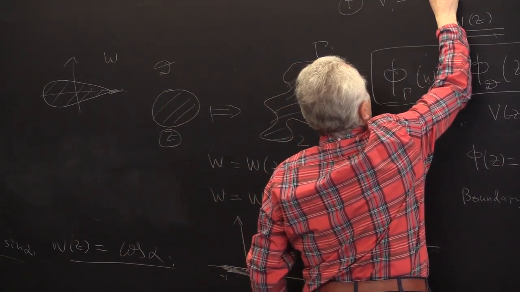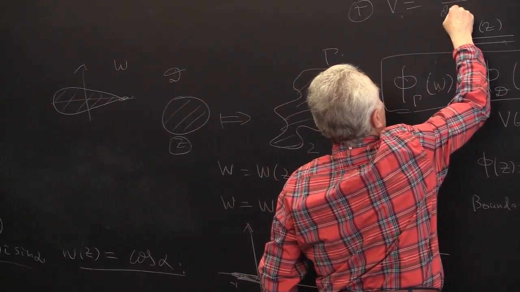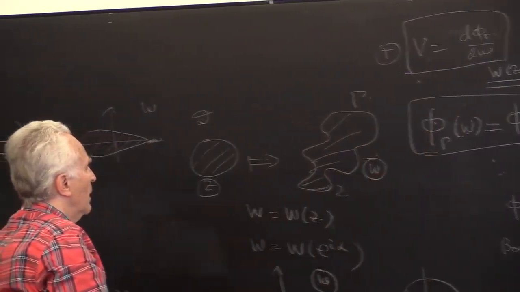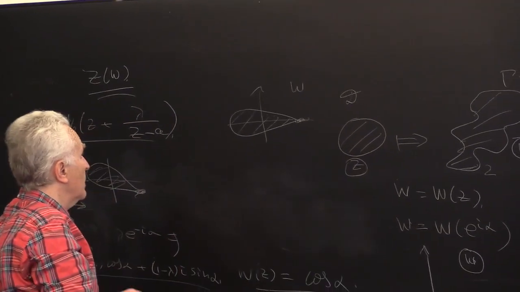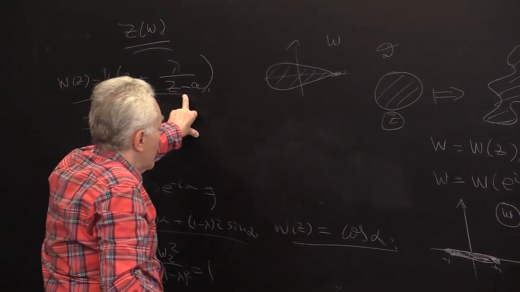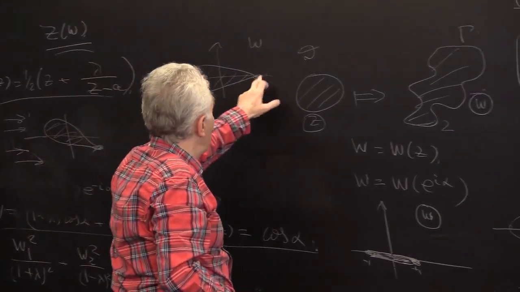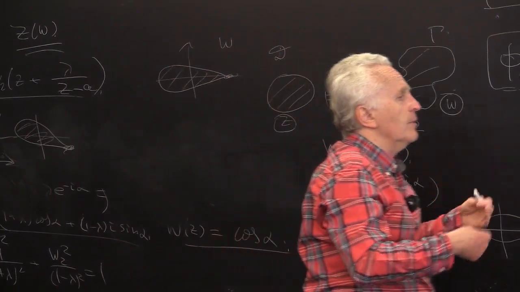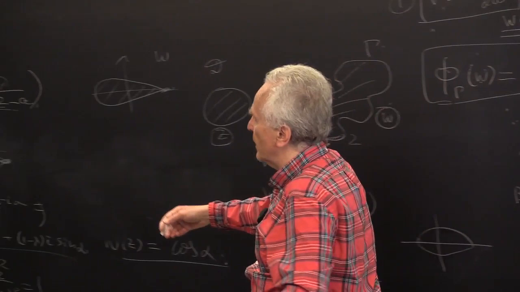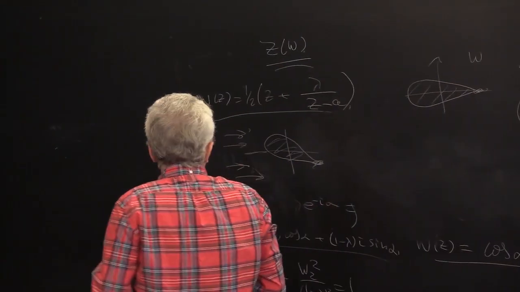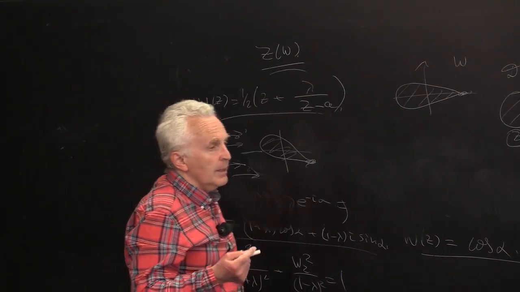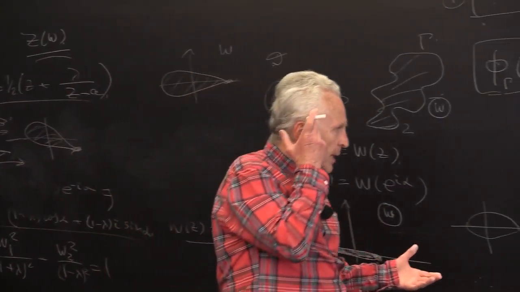is d phi gamma over dw. And when phi gamma has a singularity in w, as it did here, we have an infinite velocity, it diverges. There is a square root like singularity, and it's not really clear at first glance what to do with it. You see, when you have a singularity,